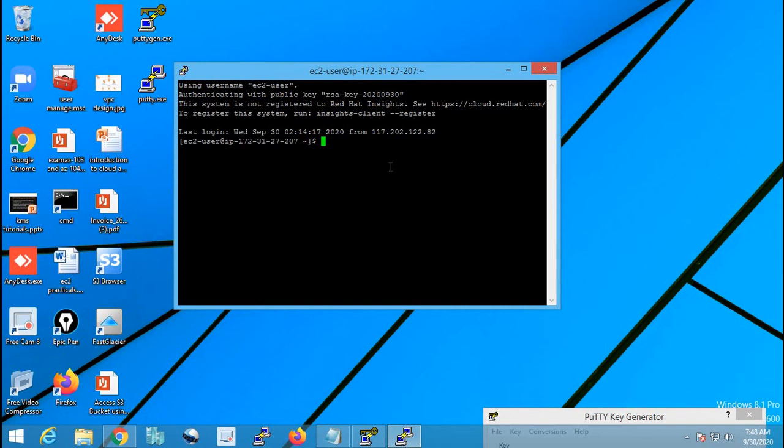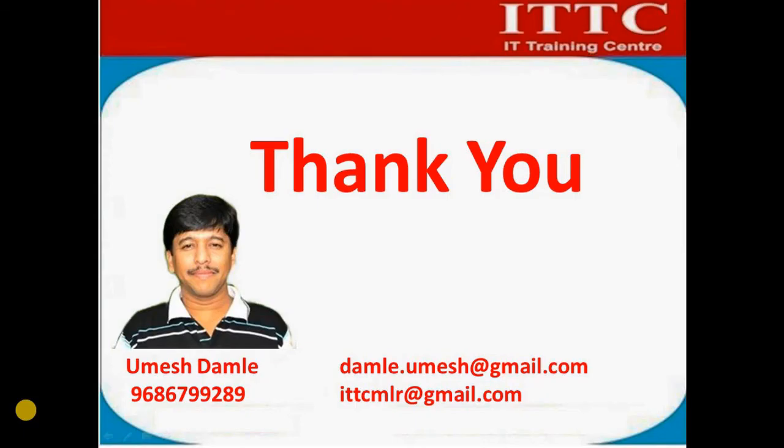So it's a best practice to expire the keys or delete the keys manually, and generate a new key and attach that key to the EC2 instance, so that our server health condition will be better. So we are in a safer zone, and this is how you can change the keys on the EC2 instance. That's all in this video. I hope you understood. Thank you.